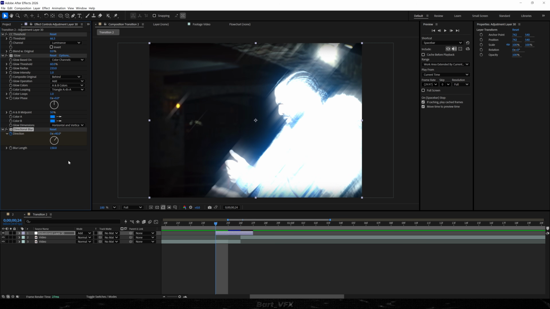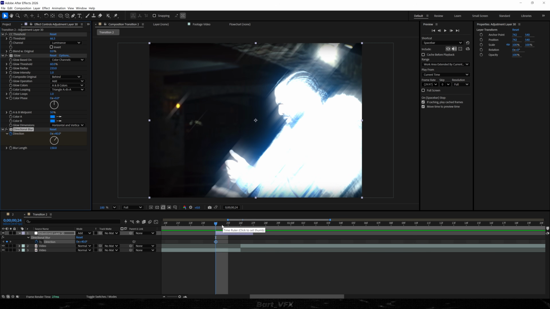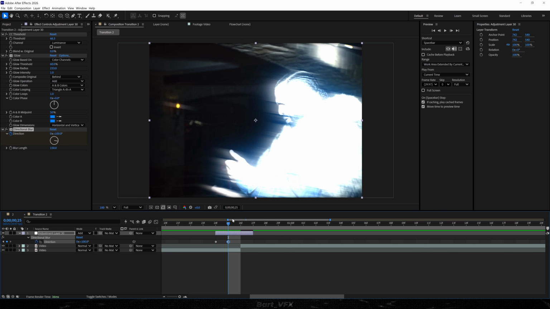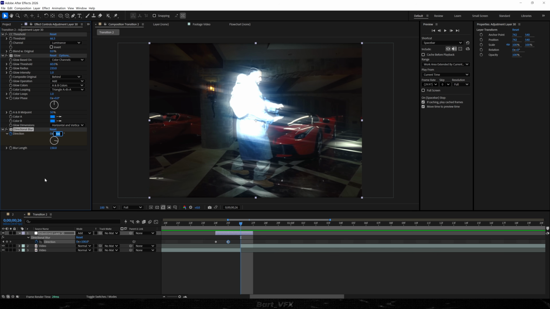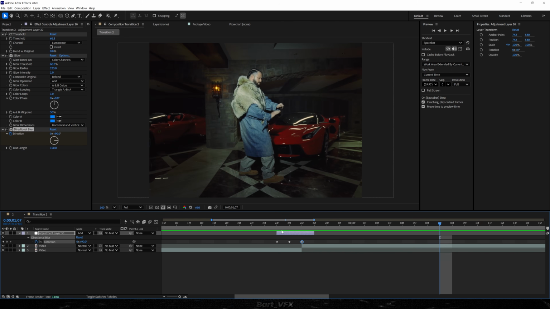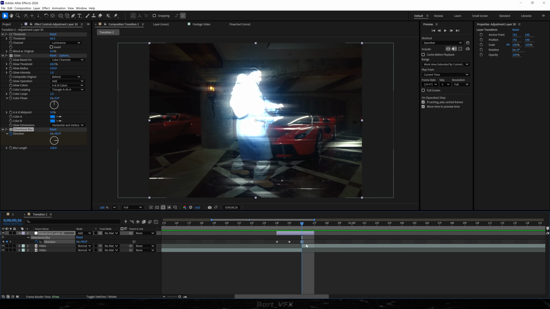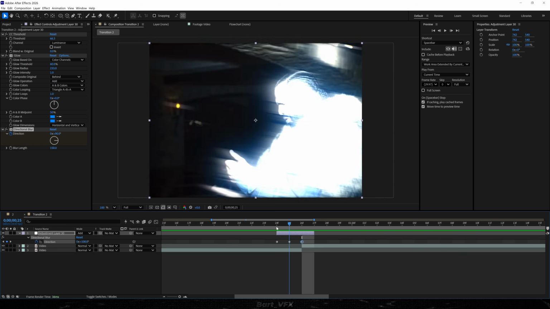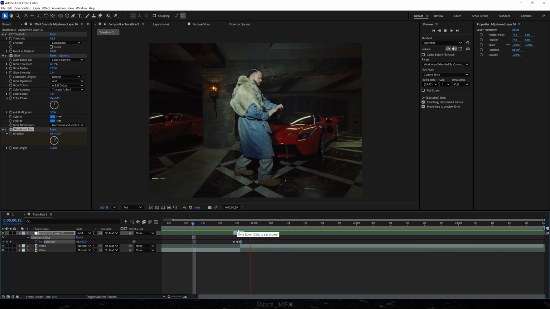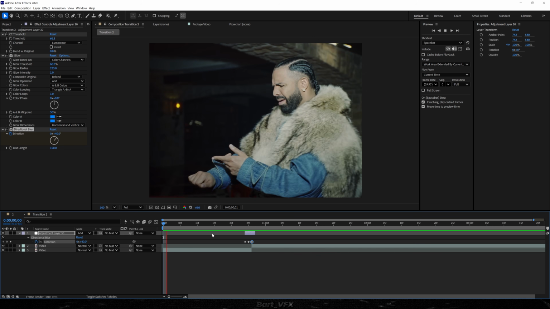Then I'm gonna create a keyframe for direction. Let's hit U, move forward, and we're gonna change it up to 100. So it's gonna go like that, and then we're gonna go to 90. So this is gonna look like the Flash is taking Drake, kind of like it's copying him from the top, then taking him up, and then evening out at the end at 90 degrees. So that's how it's gonna look, and we could actually leave it at that because it already looks pretty tough,